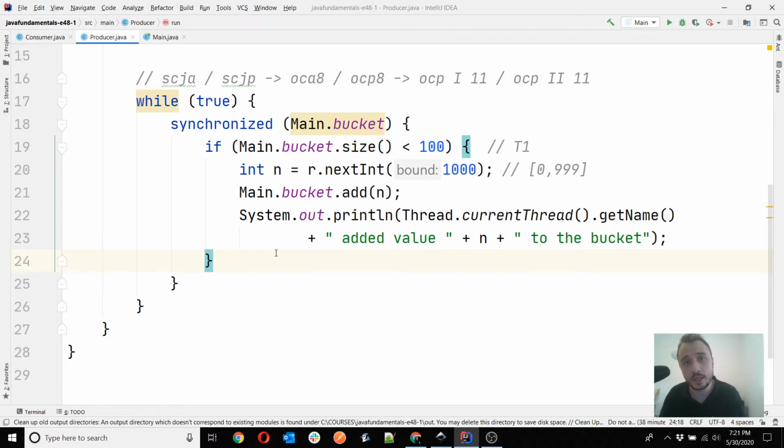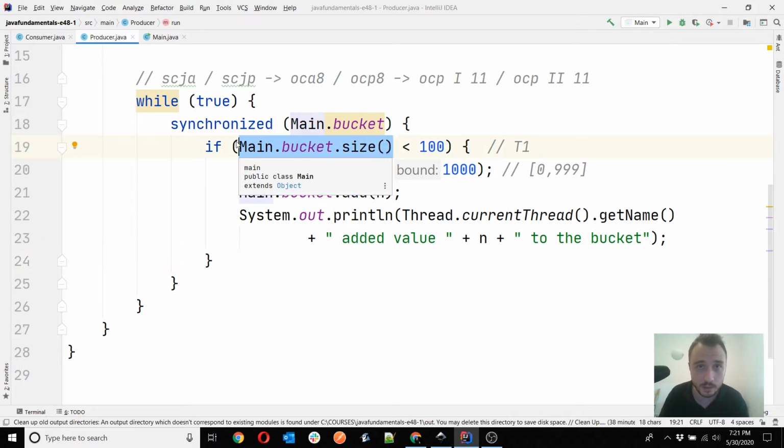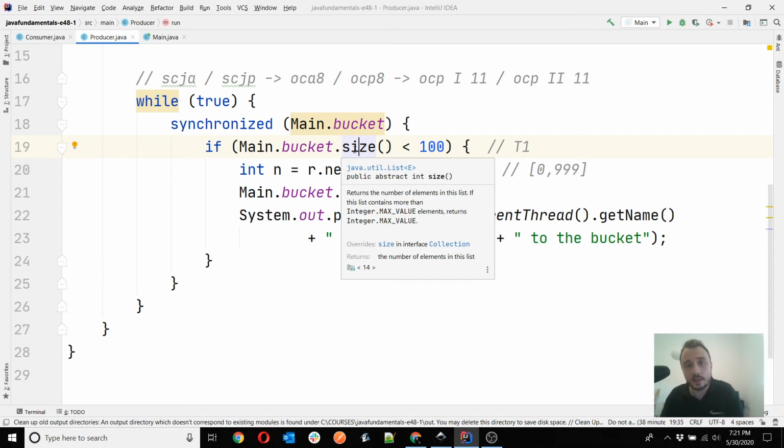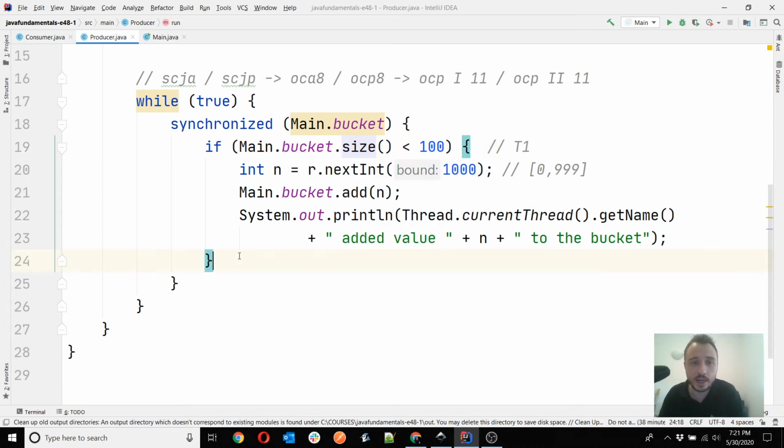And fortunately, at some point, either a consumer will enter the stage and then it will make the list again with a size smaller than 100, or in the end all the producers will actually wait and then still a consumer will get into the stage because the JVM will have no other option. So we'll have no other thread to actually add into the running stage. So to do that, we actually have an option.